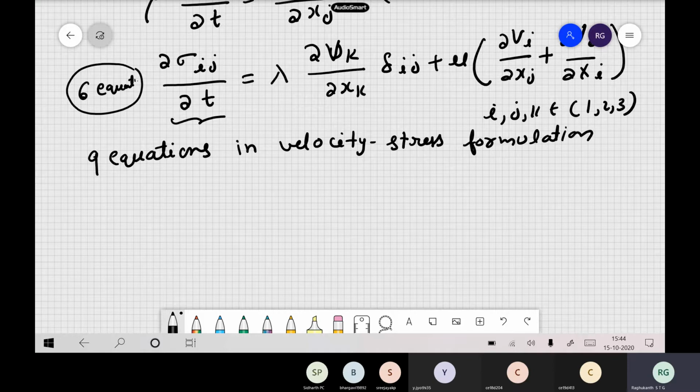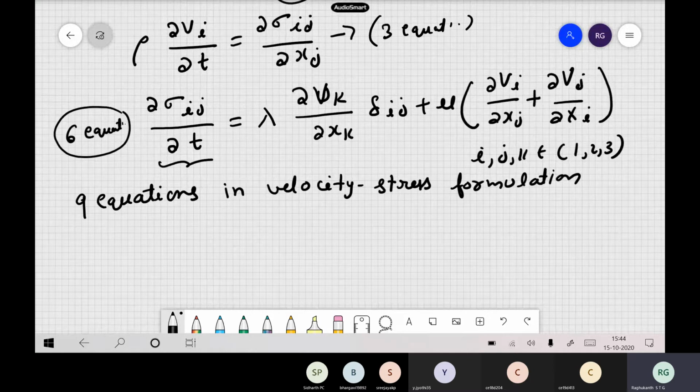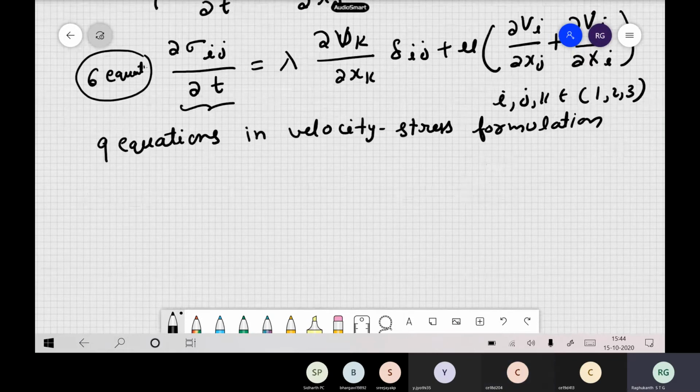Let us assume that I have an unbounded medium right now to understand this. Now how do I study stability? If I want to find out the stability of any differential equation, what do I have to do? I have to find a plane wave dispersion equation. We substitute a plane wave into the equation. But what is a plane wave here? If I have any function phi in 3 dimensions, here we have stresses and we have velocities also, with indices i, k, l. So you have to write a plane wave solution.